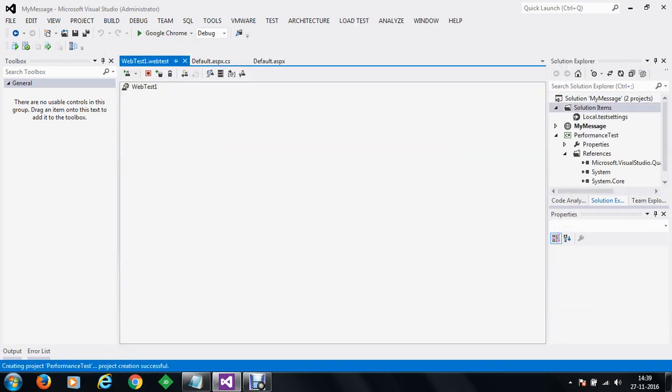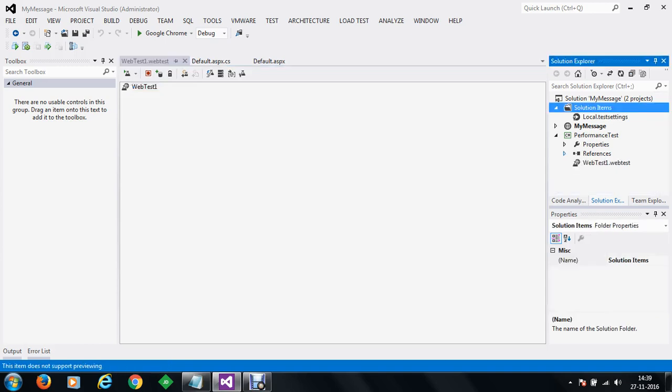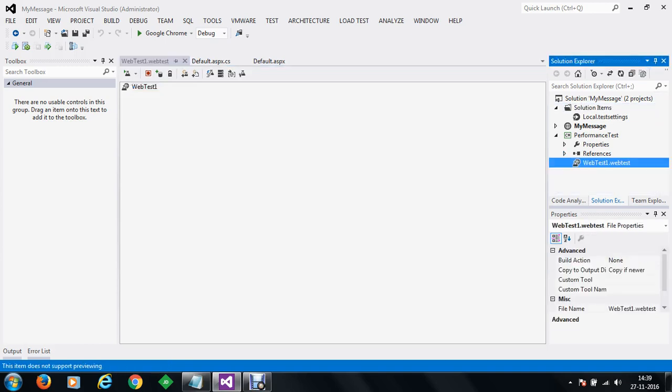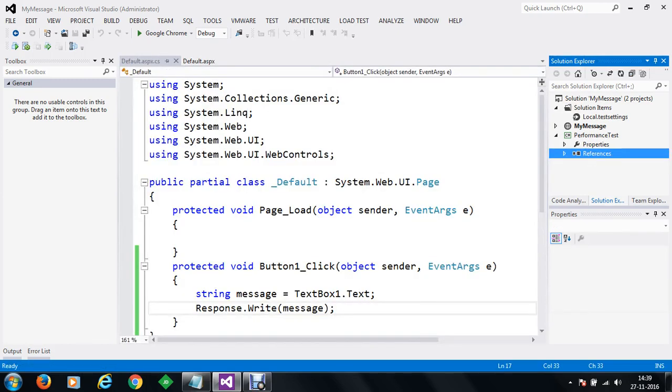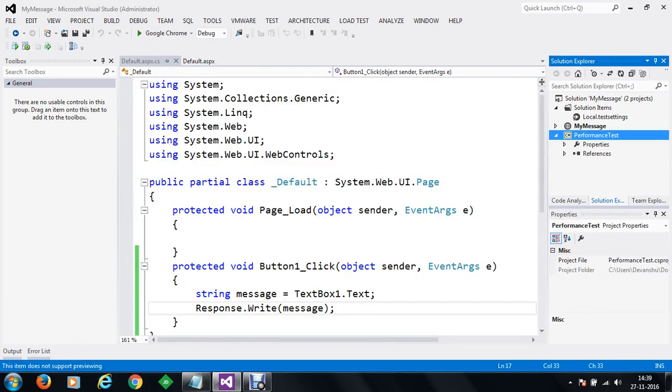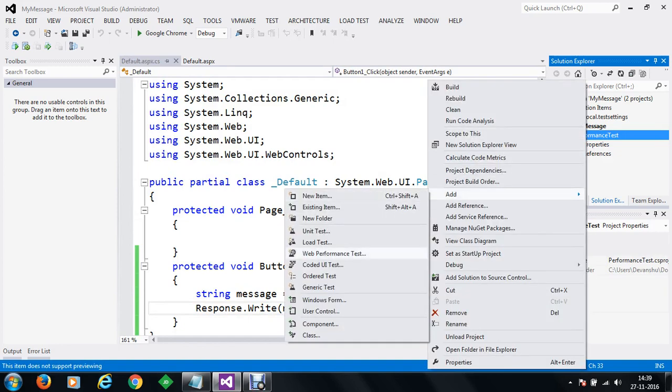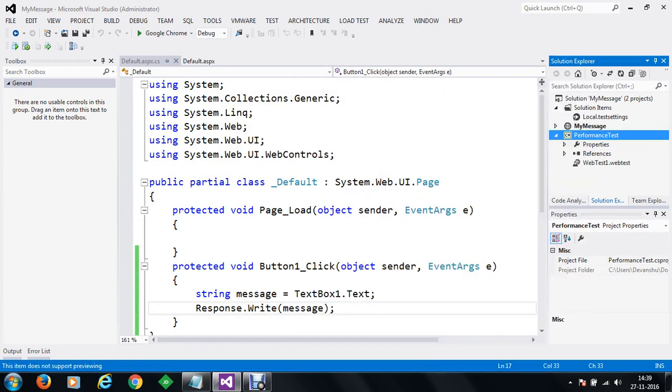Once the performance test has been added to the project, you can see that we have a default web test created. We are going to remove this default web test and we are going to add a new web test for this project. In order to do that, simply select your performance test, right click, add a web performance test to this project. As soon as you start this,